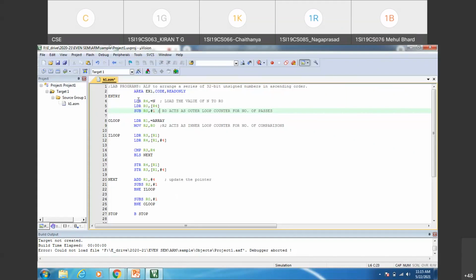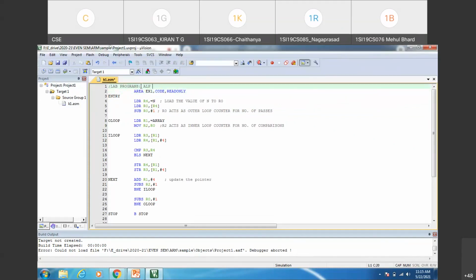Okay, so this completes the 7th program of your lab syllabus. We are left with one last program, that is to count the number of zeros and ones. This is the 8th program and the last program in part B. Let us just quickly go through it. Let me try to complete this, and it is easy, it is not so difficult.